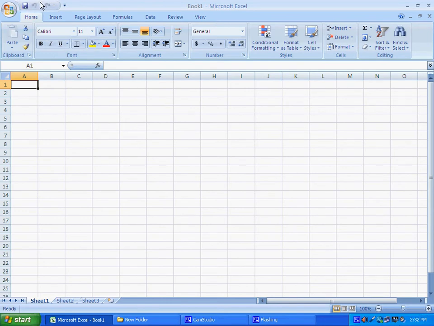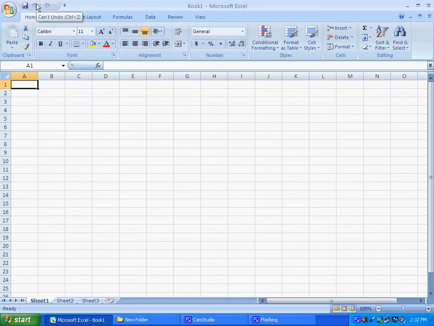Adjacent to the Microsoft Office button, there is a short window over here, you can see. This is called the quick access toolbar. This is like a shortcut toolbar. You will see a blue window over here. If you just move your cursor over there, it will show you Save. So this is the shortcut for Save. You will see these two arrows. These are for undo and redo.